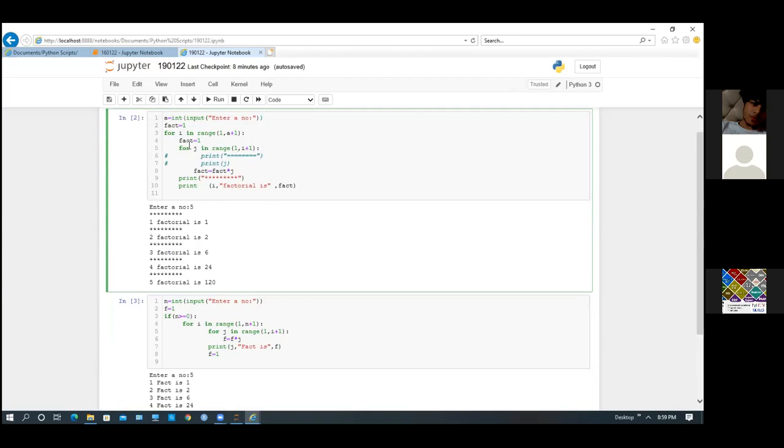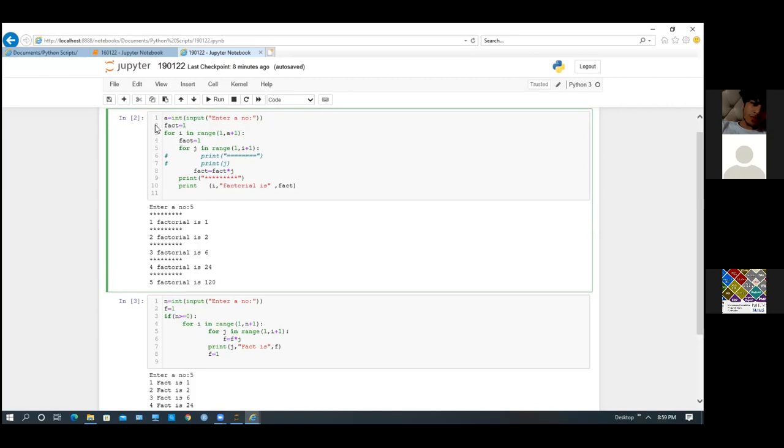Then for i in range 1 to a plus 1. Why are we taking a plus 1? Because if we take 5, then range 1 to 5 means 1 to 4, that is 1, 2, 3, 4. Range stops before the end value. Now I have to keep in mind, I have to take fact as 1 here.